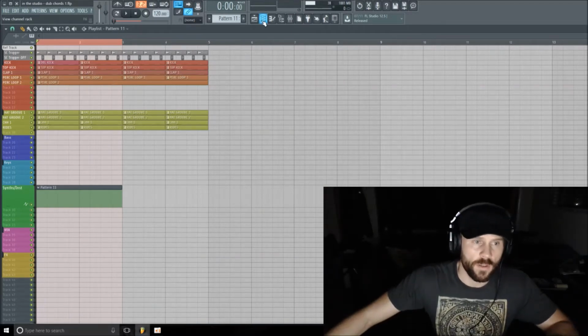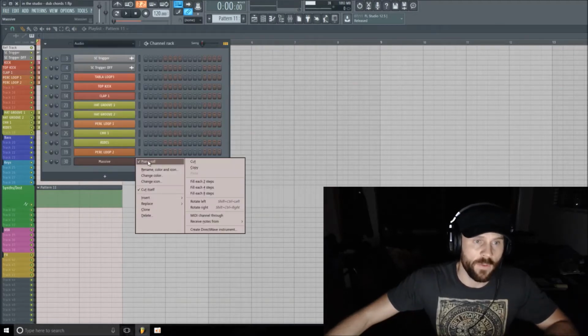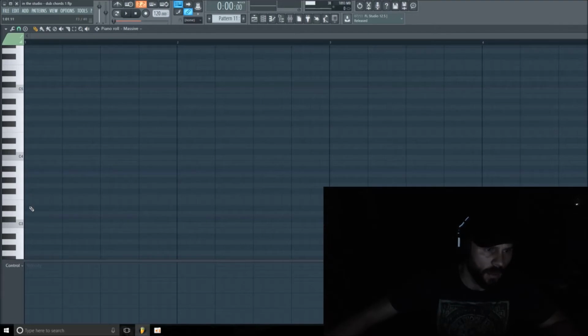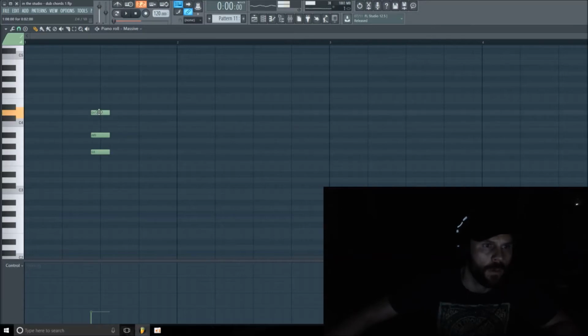And let's go ahead and just put in a simple little chord pattern here. I'm going to loop this over 2 bars like I already have it done there, and we'll send Massive into the piano roll. Okay, and let's see here. Let's go for maybe right here. So maybe D sharp. There we go. One there. We'll put one here. And maybe